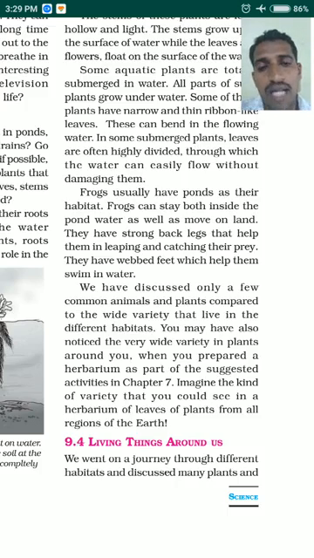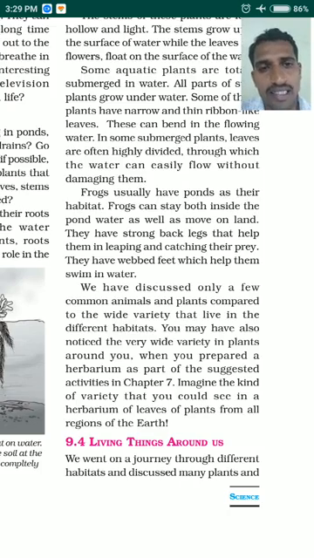Now, the animals which live in aquatic habitats such as lakes and ponds. Frogs are usually found in ponds, which become their habitat. Frogs can stay inside the pond water as well as move on land, so a frog has two habitats.